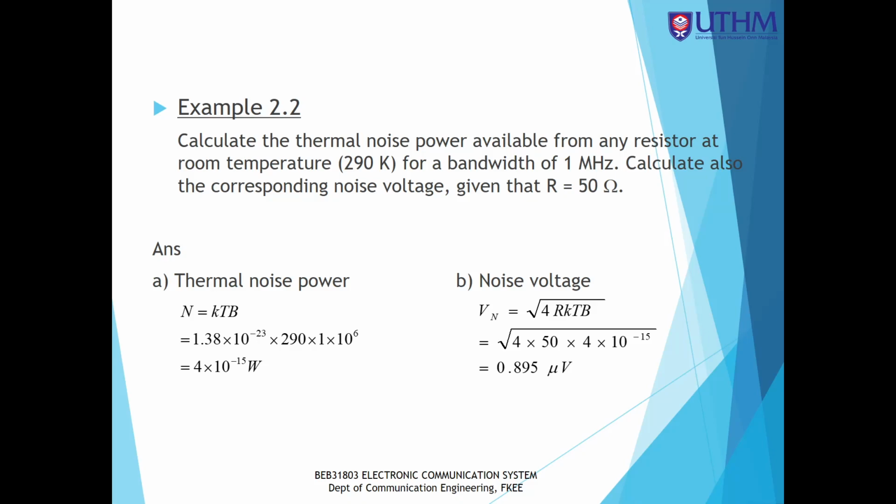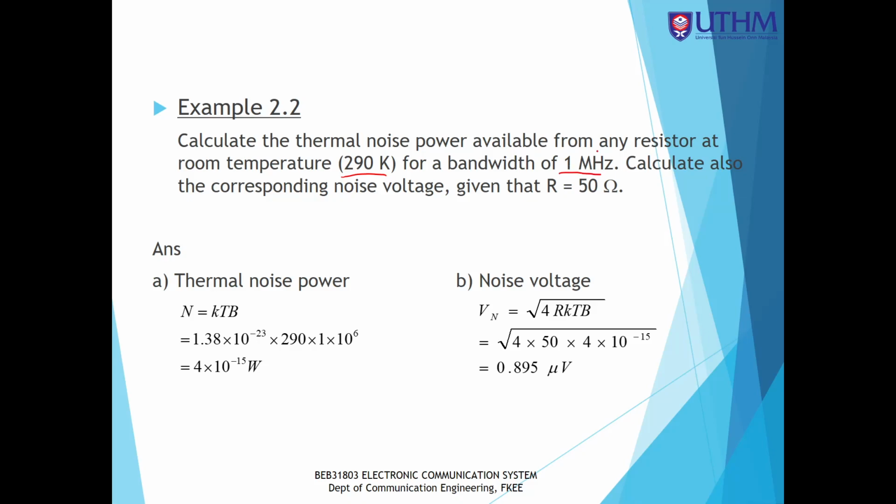Calculate. So from here you need to do the calculations. I think you will be happy after this, because we will do many calculation examples. Example 2.2: calculate the thermal noise power available from any resistor at room temperature 290 Kelvin for a bandwidth